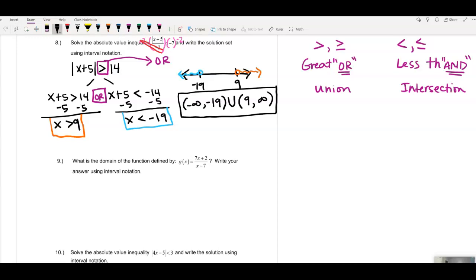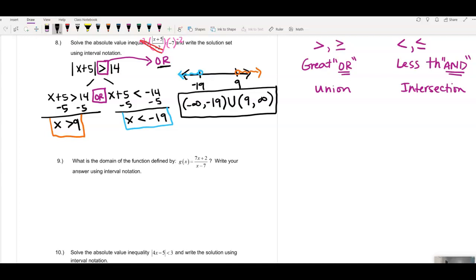Understanding your question, if it starts with greater than, then it's an or statement always. If it started off with a less than, then it's going to be an and statement. All right, so if this was going the other way instead, less than, then, if we were looking at